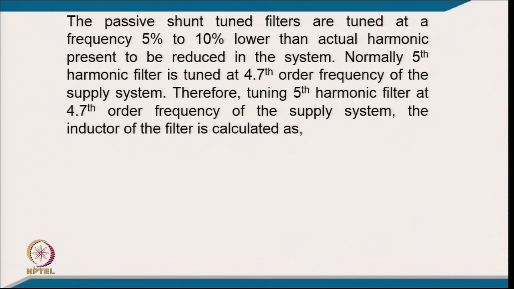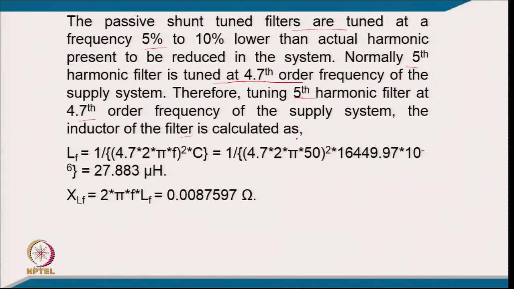The passive shunt filters are tuned at 5% to 10% lower than the actual harmonic present to be reduced. So, normally a fifth harmonic filter is tuned for the 4.7th harmonic order of the supply system, and the filter inductor is calculated from this relation. Typically for this passive filter, the capacitance is given and this is tuned for the 4.7 harmonic of fundamental. So, the inductance of this passive filter comes 27.887 microhenry